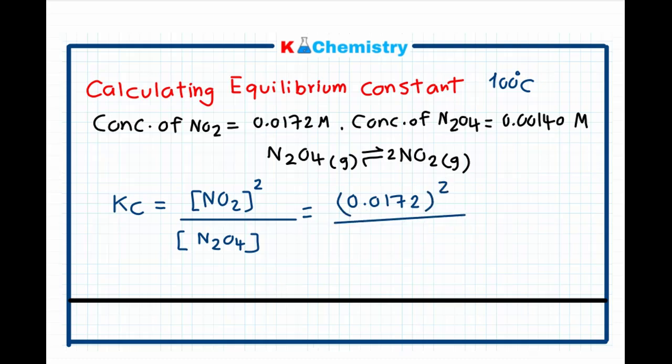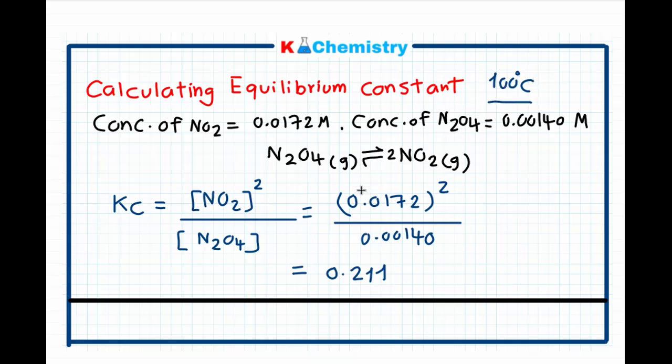And then we'll divide this by the concentration of N₂O₄, which is 0.00140, and we will try to make the division, so we'll get the value equal to 0.211. This is at 100 degrees Celsius, and it's always important to put the temperature here because the temperature is